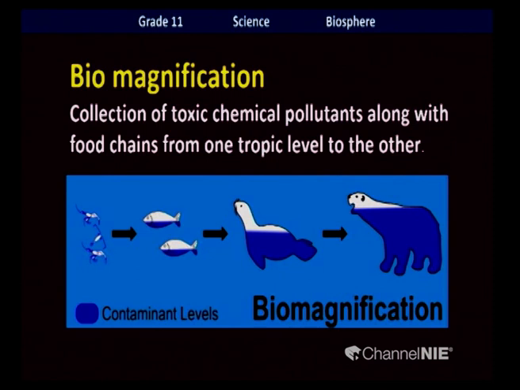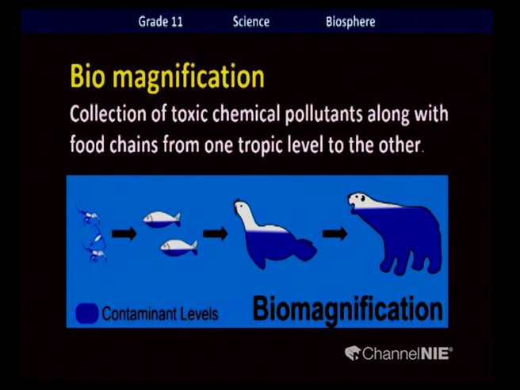If in one prawn or crab there is 1 milligram of, say, the toxic heavy metal mercury, then the small fish at the beginning consumes 2 of those organisms, so it will become double in the next level. For the next one, the sea lion, if they consume 3 or more fish, what happens? Then the level increases by 3 times. So 1 milligram becomes 2 milligrams, and 2 milligrams can become 6 milligrams. So at the last level, the higher trophic level, there will be more pollutant or more toxic chemical.